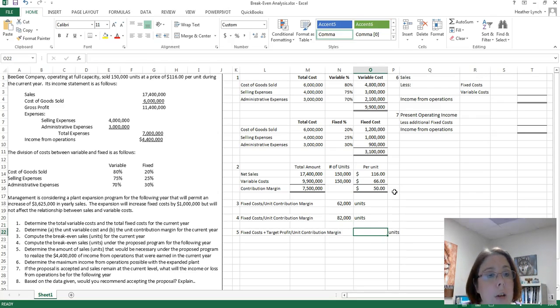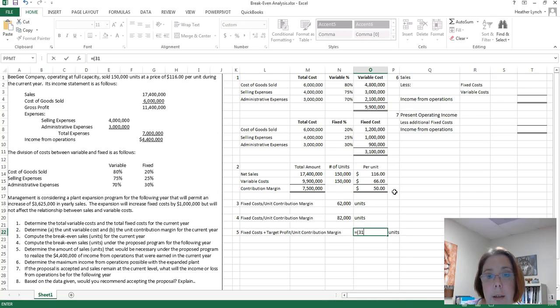Number 5, determine the amount of sales in units that would be necessary under the proposed program to realize the 4.4 million of income from operations that were earned in the current year. Okay, so they're not wanting to decrease that income from operations, so they're saying, okay, how many units do I have to produce now to get $4.4 million? Okay, so what we do here,